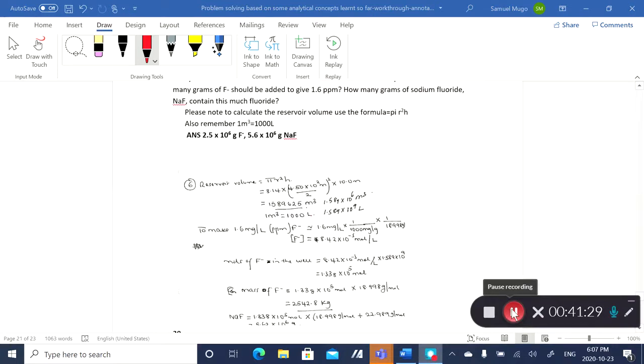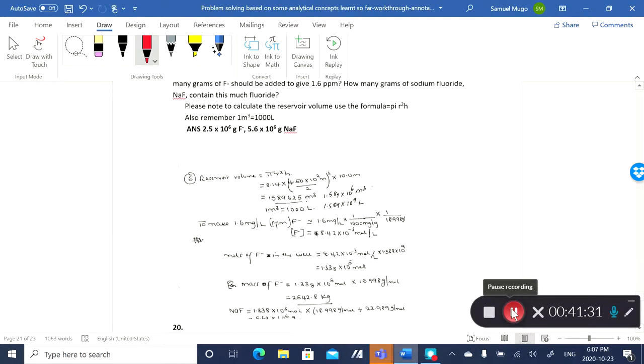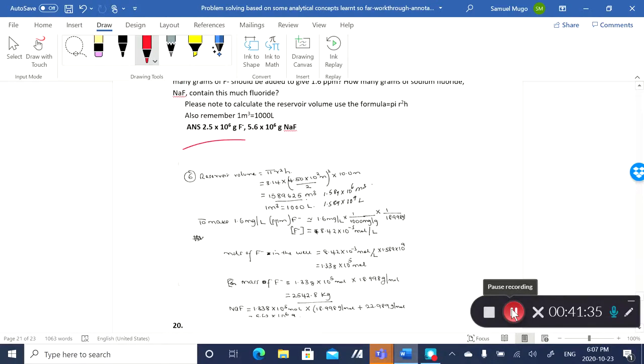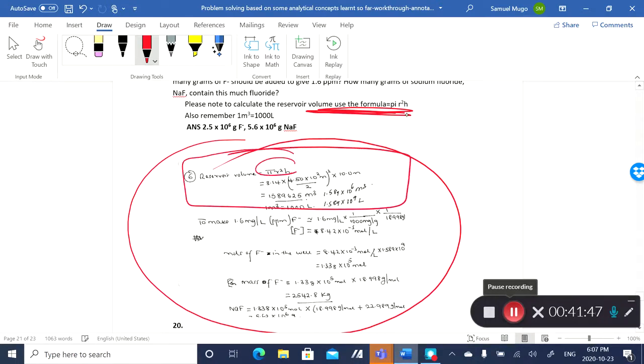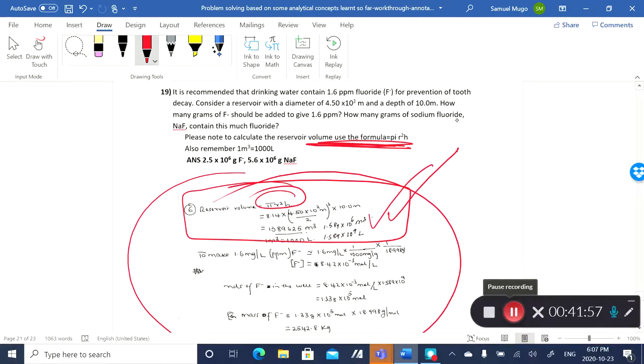So question number 19, let me not go through the details. I think it's fairly straightforward, but I've given you the solution to that problem here. Maybe the only thing I needed to remind you is how to calculate the volume of a cylinder. The volume of a cylinder is calculated by pi r squared times the height of that cylinder. And that way you can calculate the volume of the reservoir,